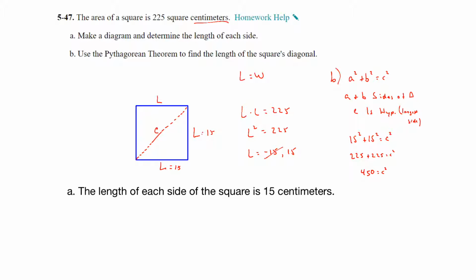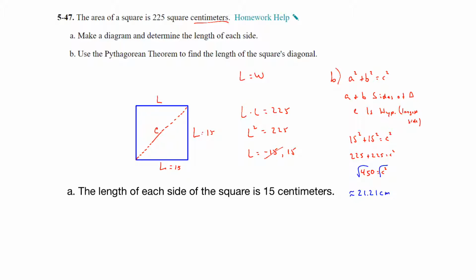So what number times itself will give you 450? Now this is not as easy as the 225. There's not an exact number that does this that is a whole number. So what we can do is undo the problem. Since it's being squared, we're going to take the square root of both sides. So if you take the square root of 450, you approximately get 21.21